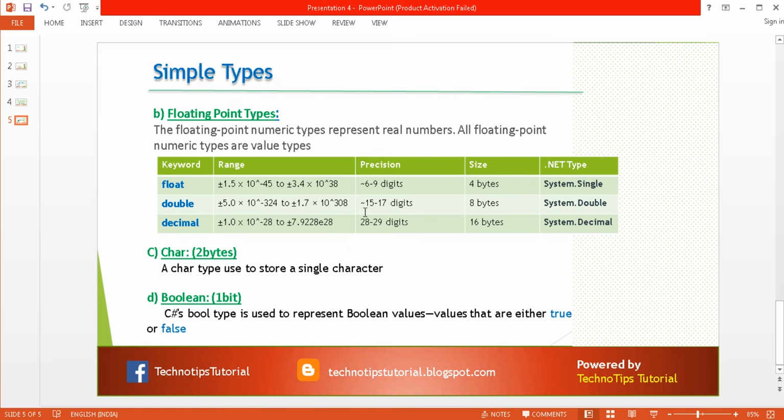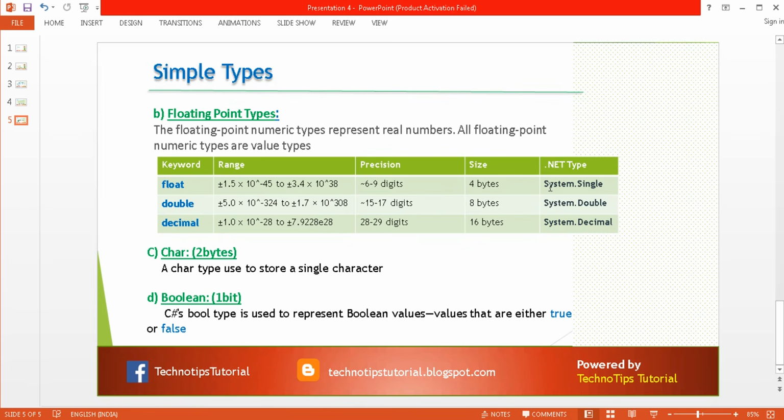Okay, and the decimal, notice that it will give you high precision. After the decimal point it will give you 28 to 29 digits, and that is the reason we use it in financial and monetary purposes. And here you can see the .NET types also.